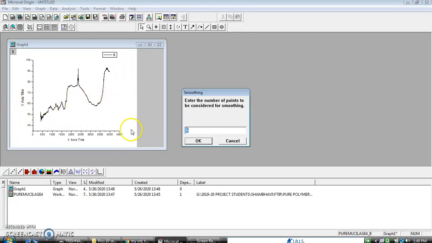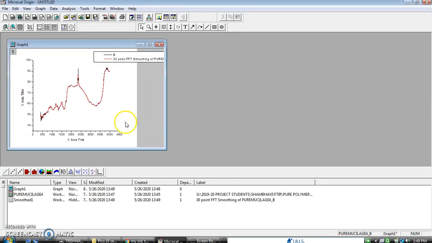So we have to get a much better picture. So we just have to take the number either 30. Basically we either take 30 or 40 in number. So I prefer to take 30. As I type 30 and click OK, immediately you will get a red colored line onto